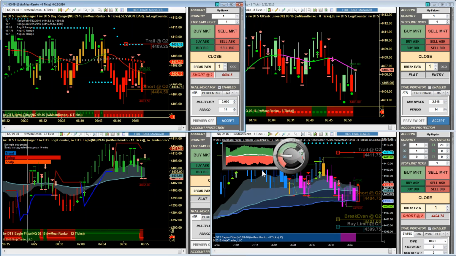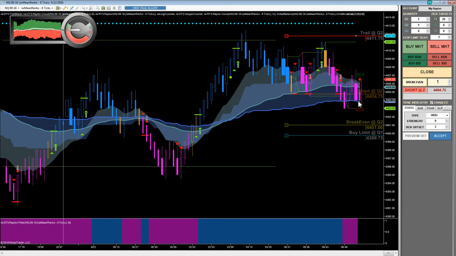Ralph, yes, very observant. Ralph asked, does the varying bar width signify volume within the bar? That's exactly what it does. So let's go back here to the Raptor where it's a little bit more obvious. Thanks for pointing that out, Ralph, because that's actually a system add-on. It's not stock with the DTS system. These are called the